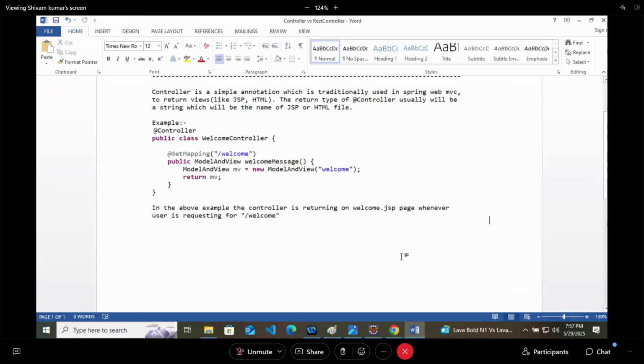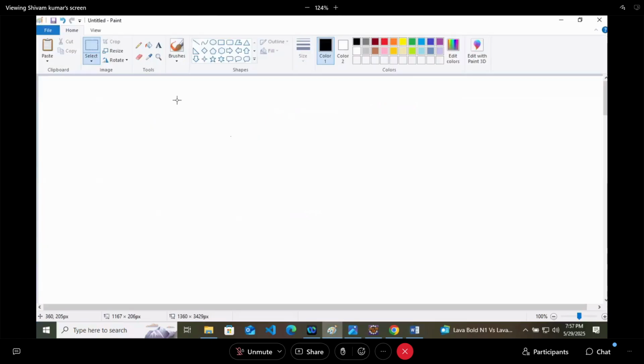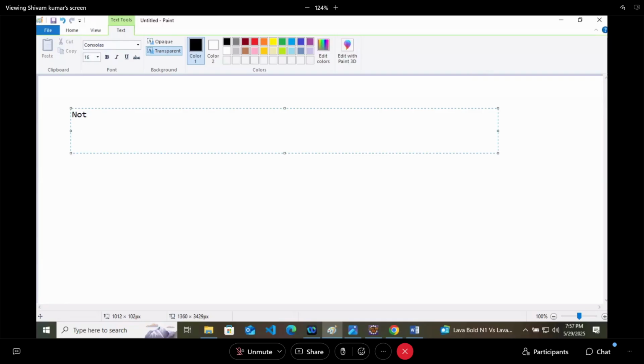So here we'll provide you one note. If you are returning a view, then keep @Controller.